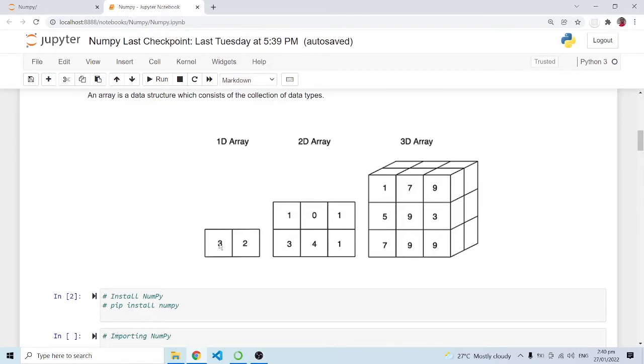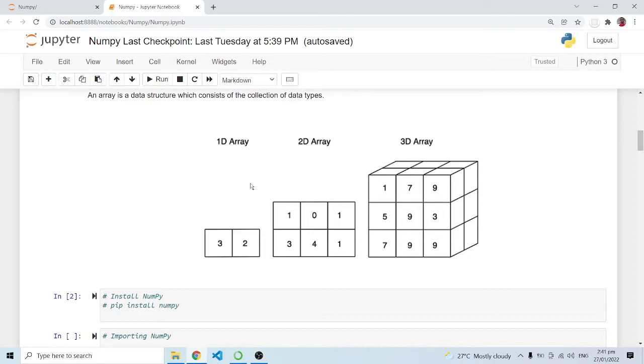So there's a dimension which is obviously in the x-axis, so this is the one direction or the one dimension. This particular one, in most cases we are going to refer to as a matrix, will have two dimensions. So this is the x dimension or the x direction, and this is going to be the y direction. Now this is going to be a 3D array. So these are the directions. This is going to be the x direction. We are going to have the y direction over here, and there's also another direction that moves in the z